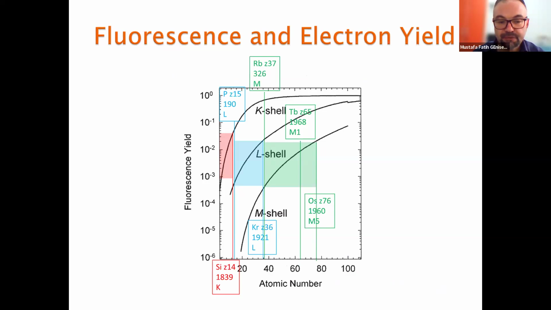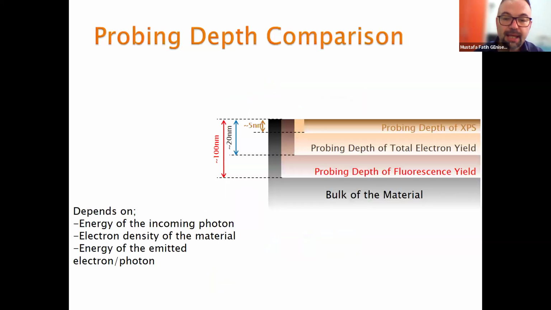The problem about fluorescence yield in soft X-ray is that the fluorescence yield is low if you compare it with the total electron yield. But these are obstacles, and we are overcoming this. I'm giving these details to show you the general picture. And let's look at